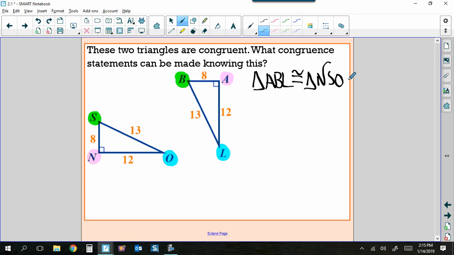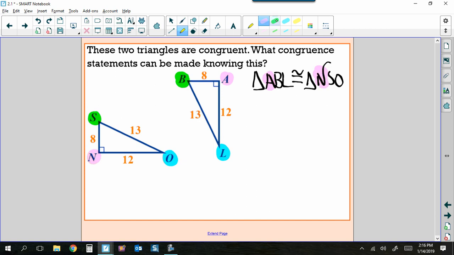So we can say that triangle ABL is congruent to triangle NSO. Now, because we know those, we can also say something about all of the side lengths and the angle measurements. If these two triangles are congruent, it means everything about them is the same size. Now you can use the naming of the triangles. I actually prefer using the naming of the triangles and actually using the triangles themselves because you can see what